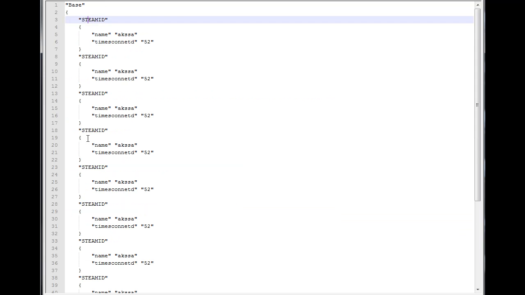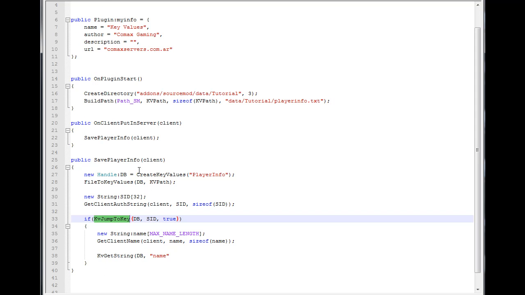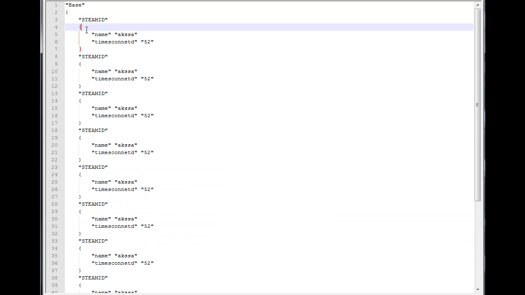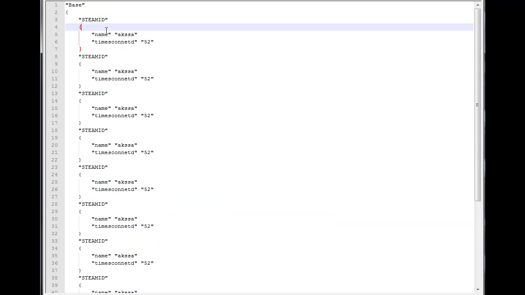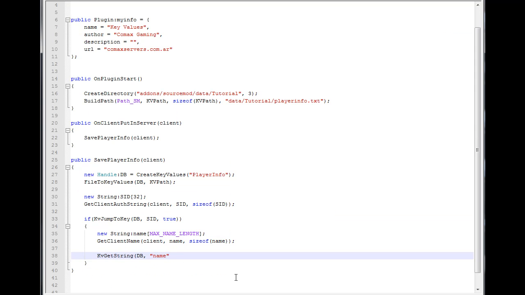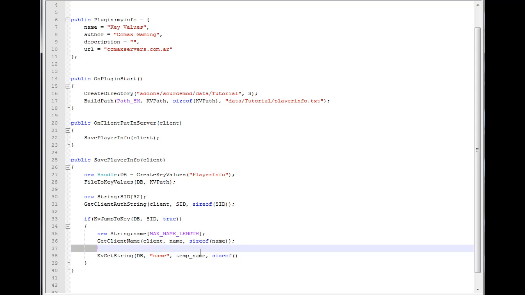So we don't want to say, okay, look for Steam ID, then look for the key. We are already in here. So we're gonna get the name, comma, the string to save it to, which I'm gonna call temp name, comma, sizeof, I didn't create it yet, temp name,